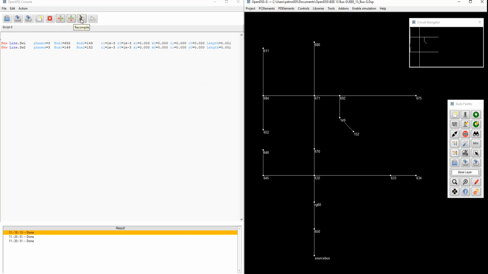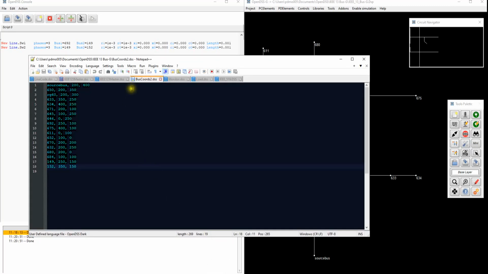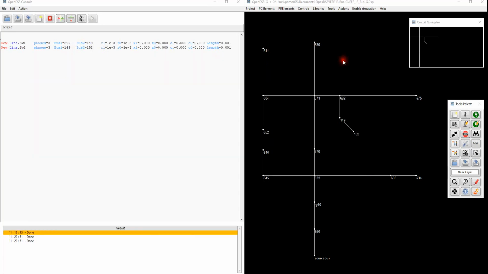One question that may come from users is, what happens if I have the bus coordinates for those new buses I want to create? How can I incorporate those? Well, you can very easily. The only thing you need to do is to redirect the script into those bus coordinates to make them count. In this case, for example, I have a script that contains those bus coordinates. I'm going to bring them right now. As you can see here, in this bus coords2.dss, I have bus coordinates for buses 149 and 150. So how can I call those to make them part of this solution of this schematic